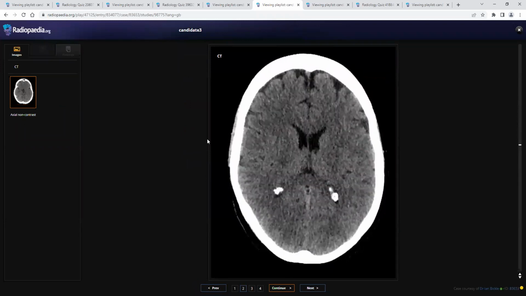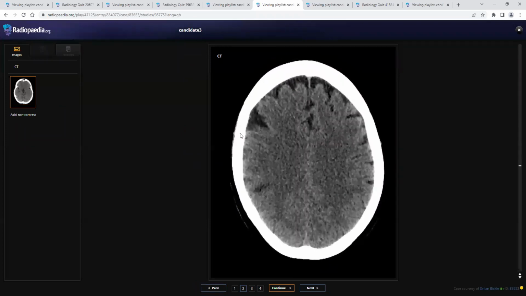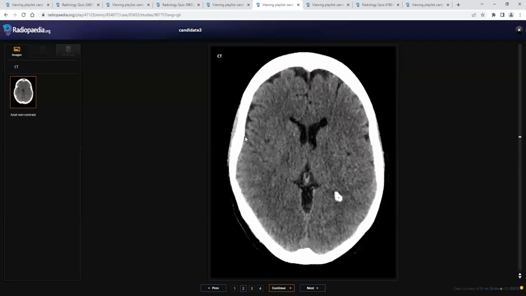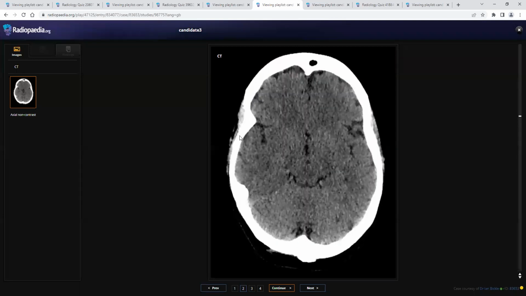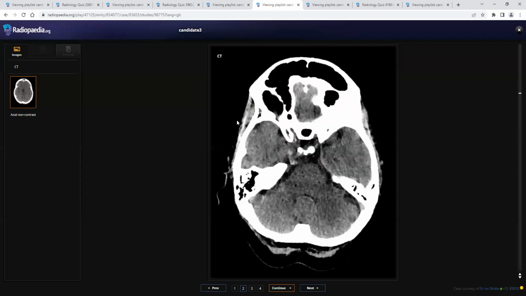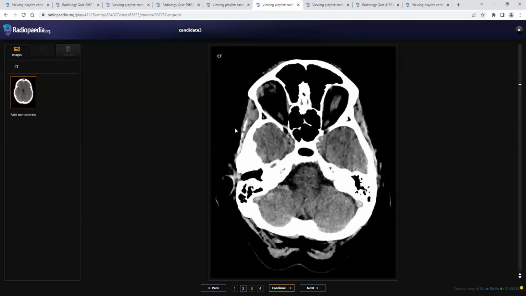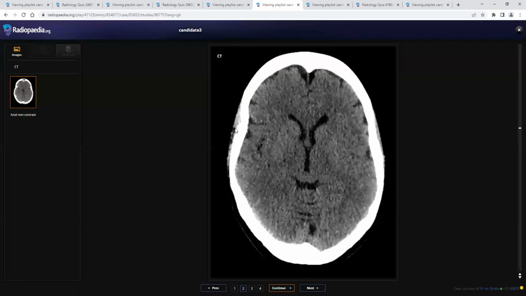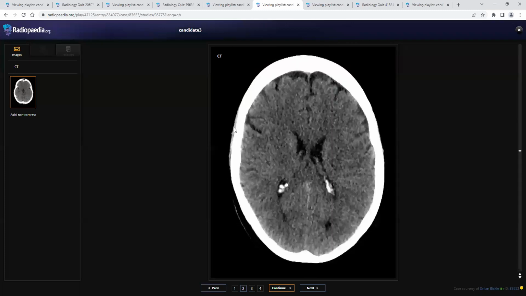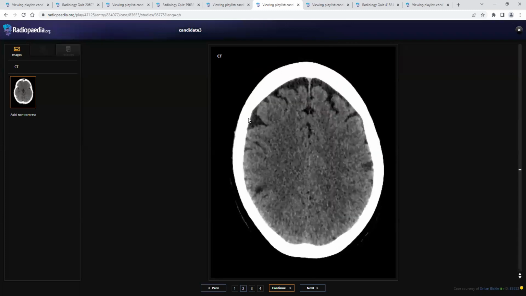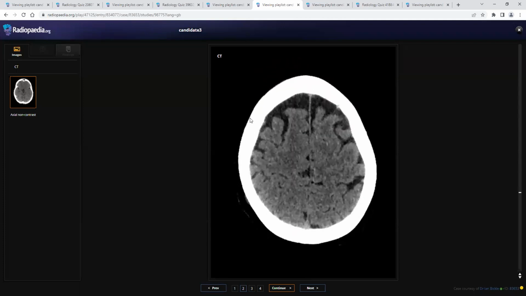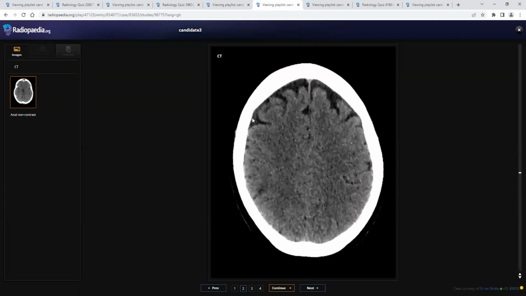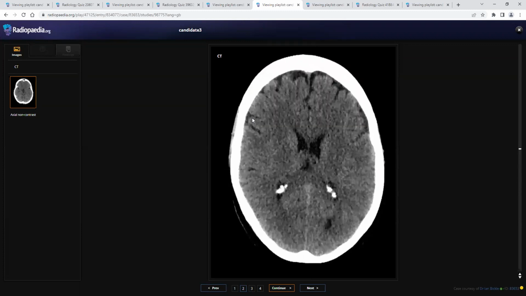So I'm provided with the non-contrast CT brain of a 65-year-old female who presented with tingling sensation and numbness of the left side, upper arm. So I am scrolling from the vertex down,